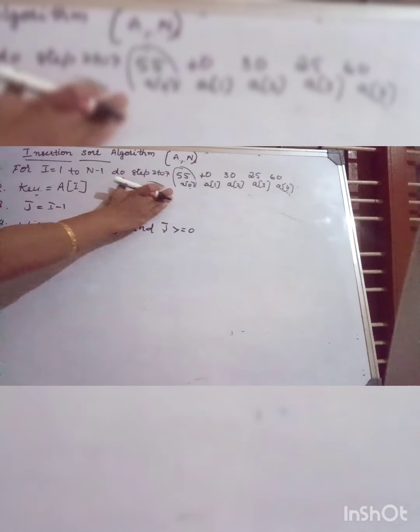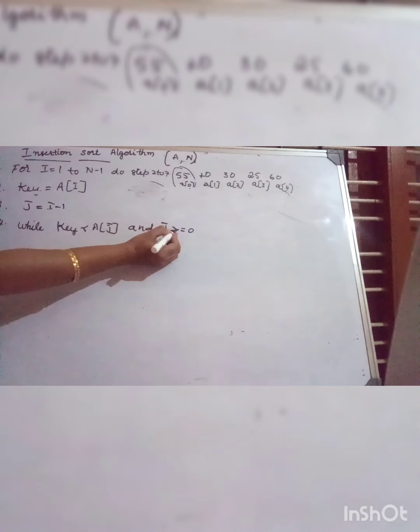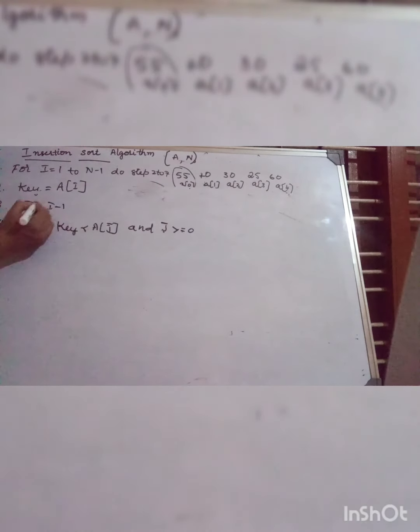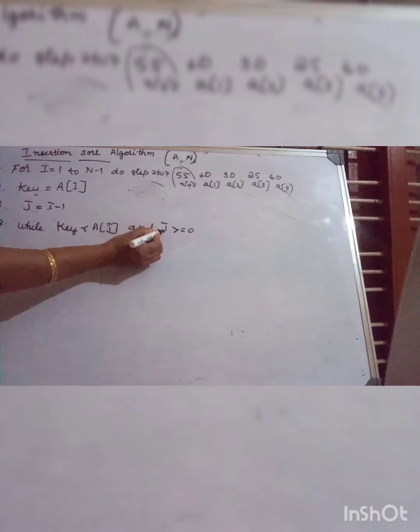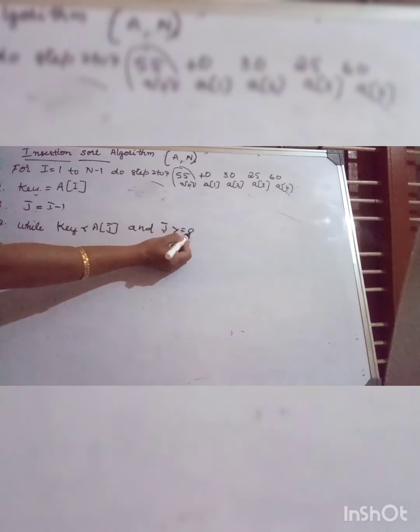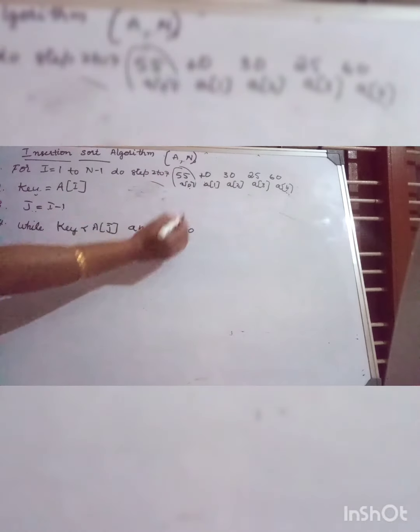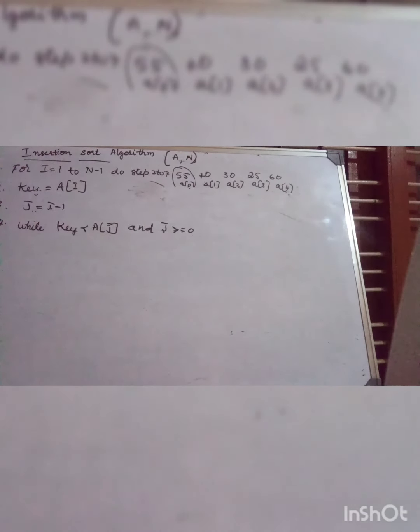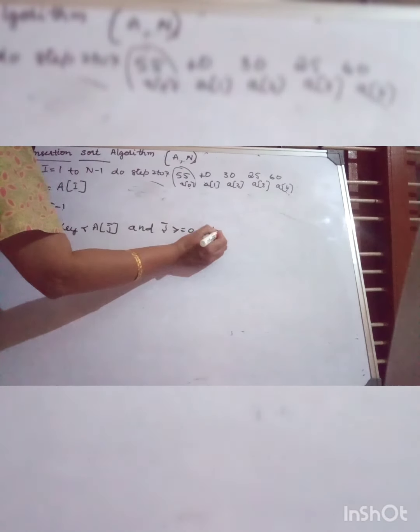That's the reason j must be greater than or equal to 0. J is equal to I minus 1 for I equal to 1, meaning the previous element. I will not go beyond 0. With elements numbered 0, 1, 2, 3 up to n, j should be greater than or equal to 0. From here only I have to start. Do steps